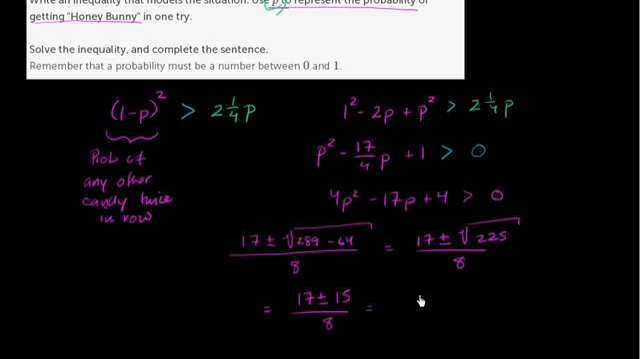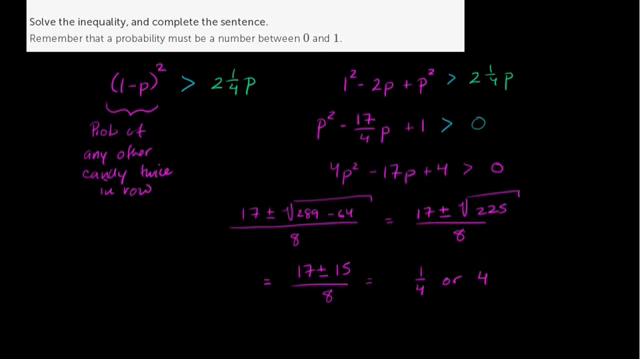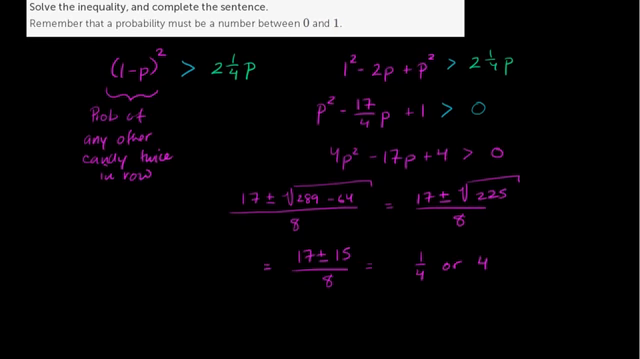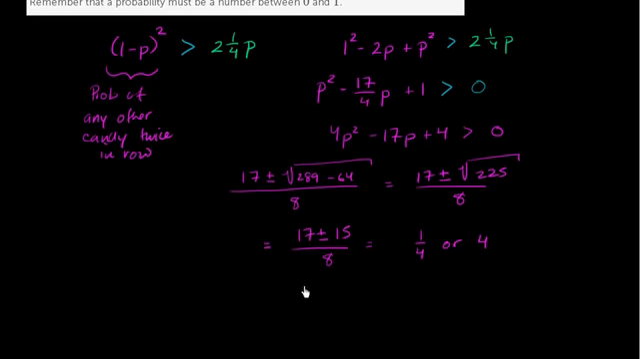So that's one of them. That's when we take the minus. And if we add 17 plus 15, that gets us to 32 divided by 8 is 4. So there's two situations right over here. So let's factor this out. We could write this as p minus 1/4 times p minus 4 is greater than